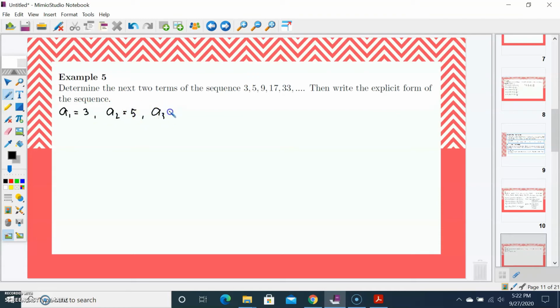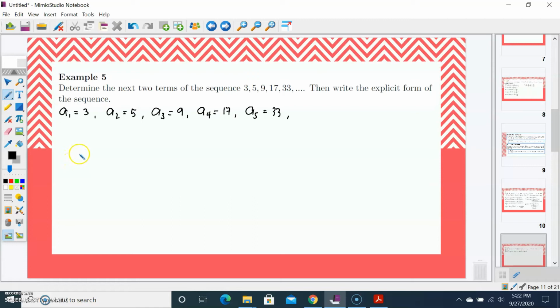A sub 3 is equal to 9. Our fourth term, which is a sub 4, is equal to 17. A sub 5, the fifth term, is equal to 33. Okay? Now, take note that in the definition of the explicit form, the terms here are being determined